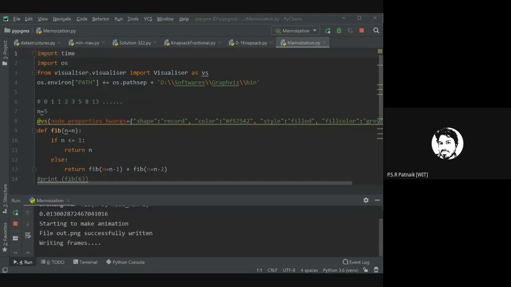So once the frames are generated, I can show you. Okay. Writing GIFs. It's still writing GIFs. So once it is done, we can look at the recursion tree for it.